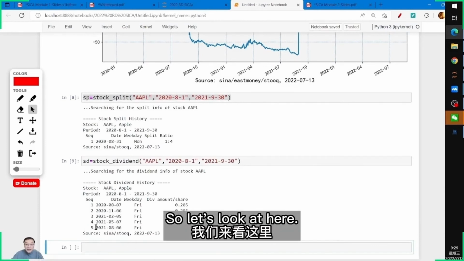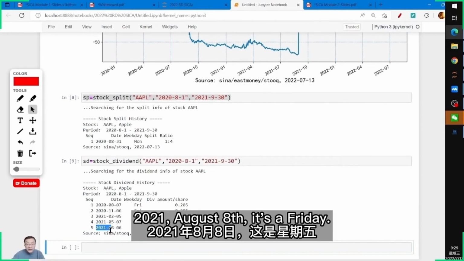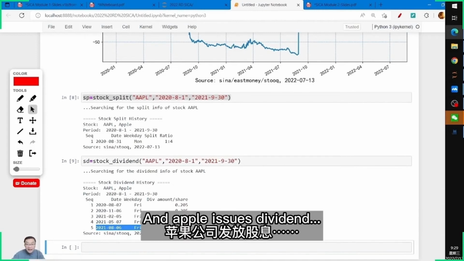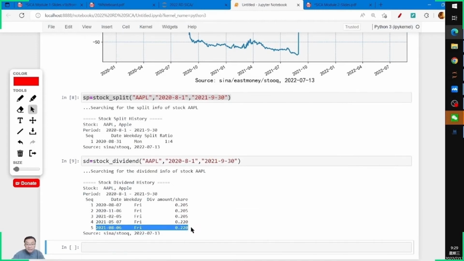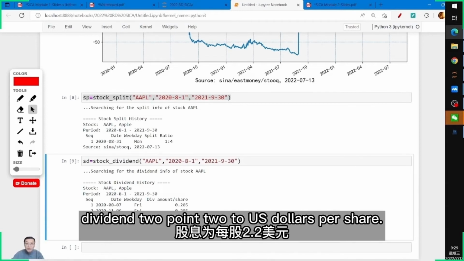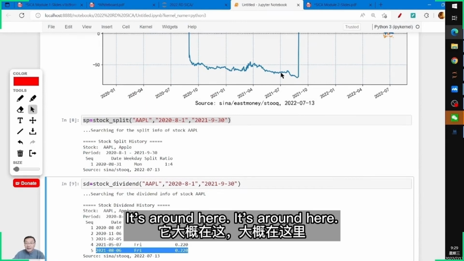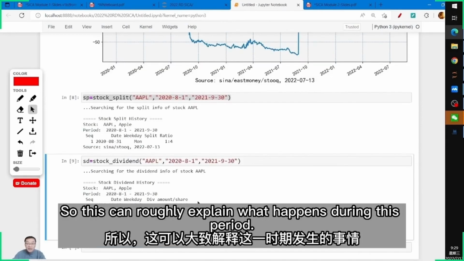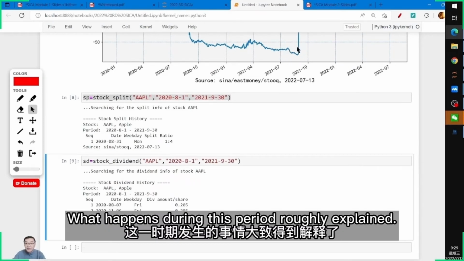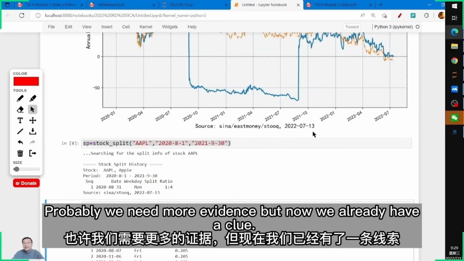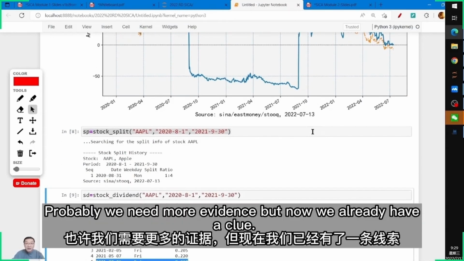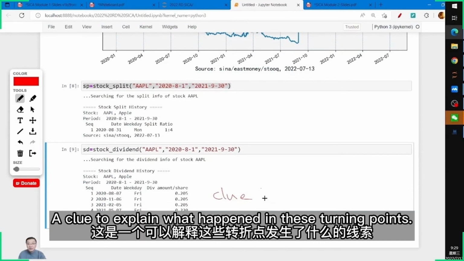So let's look here. 2021, August 8th. It's a Friday, and Apple issued a dividend of 2.22 US dollars per share. Okay. It's around here. So this can roughly explain what happens during this period. Probably we need more evidence, but now we already have a clue to explain what happened